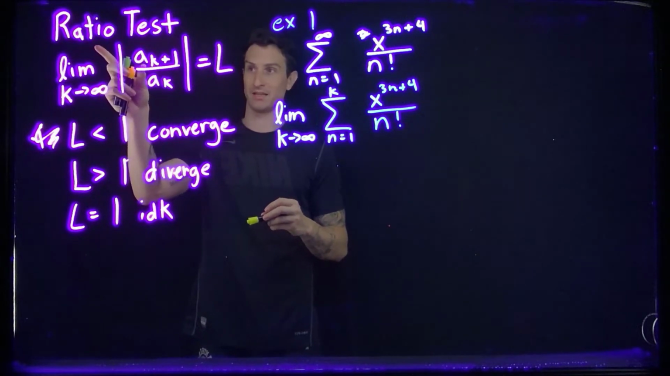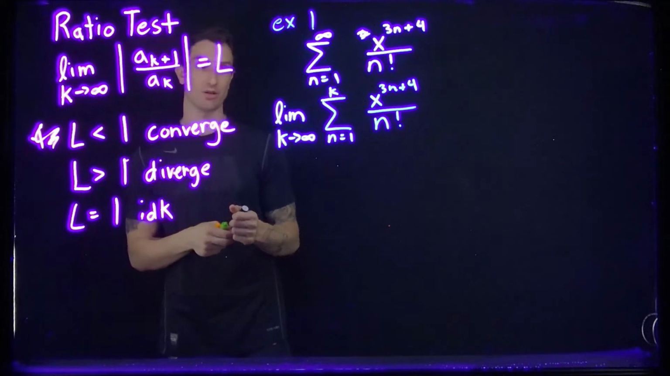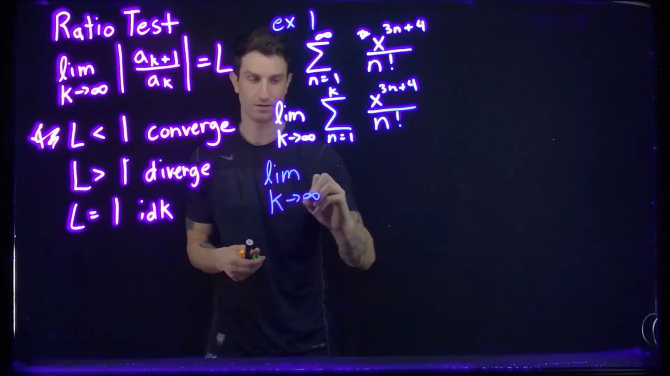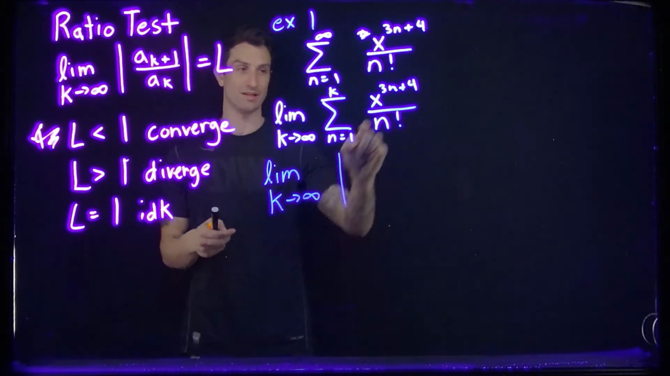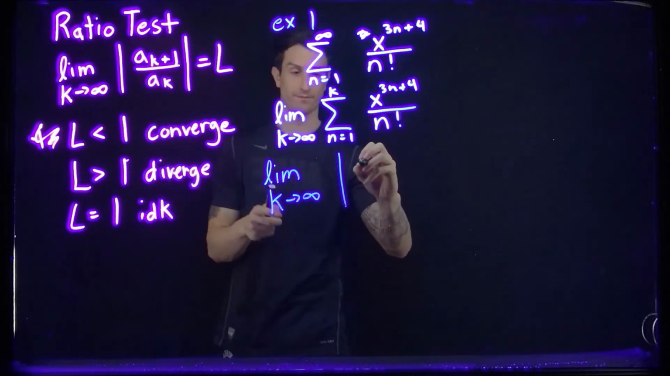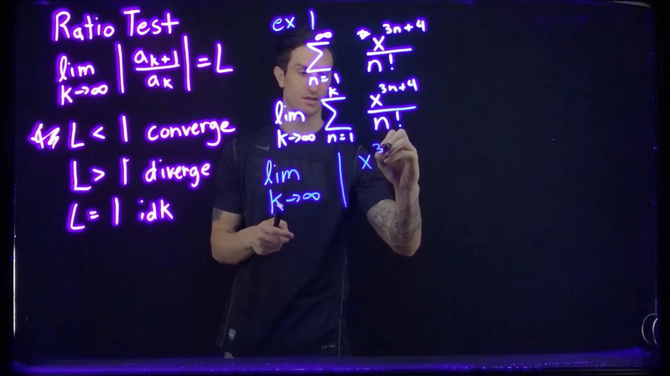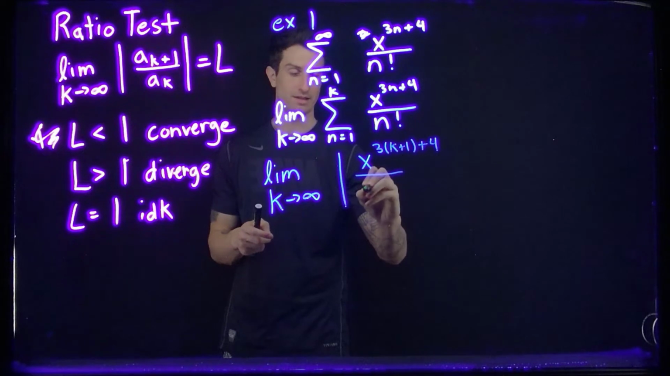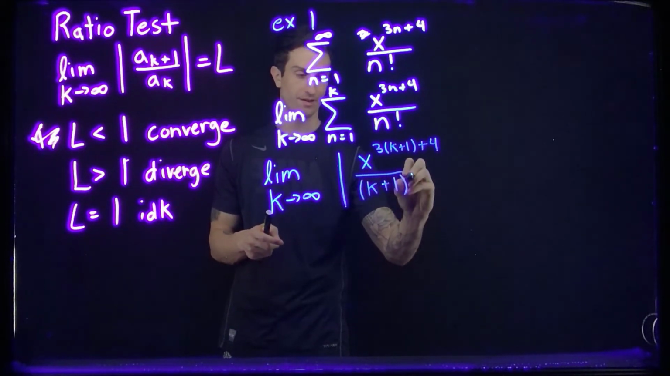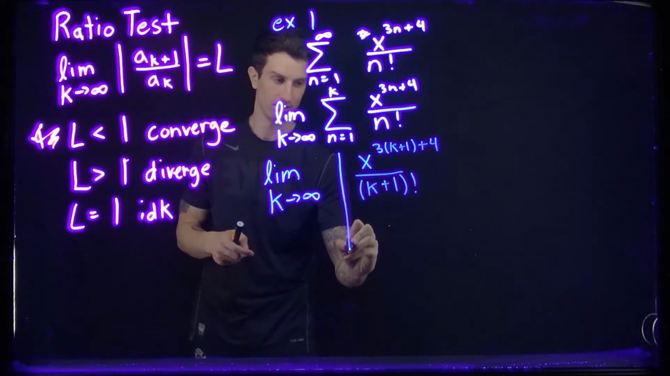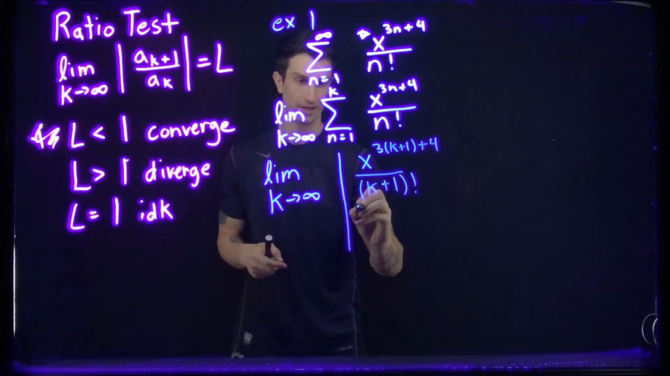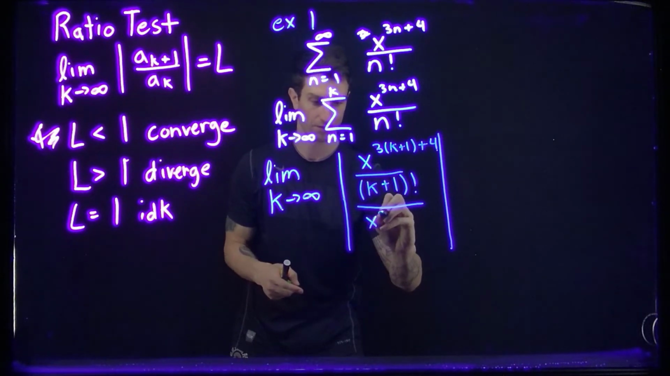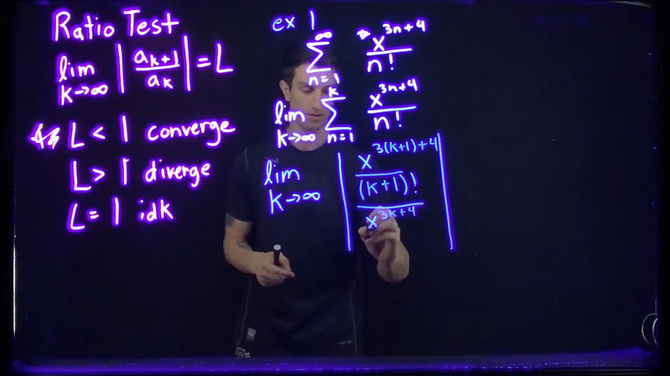Now, the ratio test is saying, if we take the next term in our sequence, so k plus 1, we're going to leave this limit here as k goes to infinity. And now we'll take the absolute value, and instead of plugging in an n, we're going to plug in k plus 1. So this will be x to the 3 times (k plus 1) plus 4, over (k plus 1) factorial. I'm going to draw this long absolute value sign, and we need to divide it by a_k. Well, a_k is just going to be x to the 3k plus 4